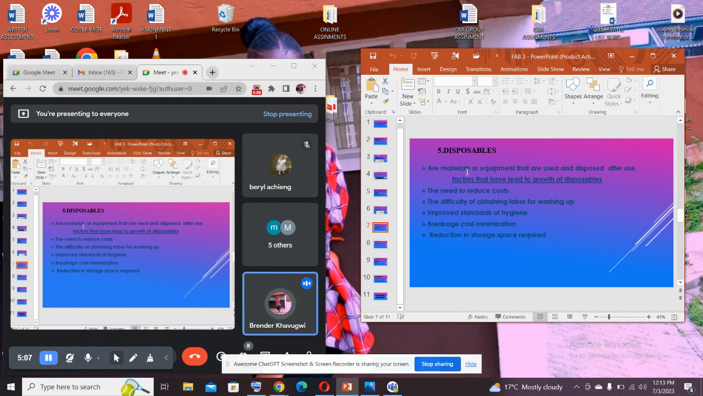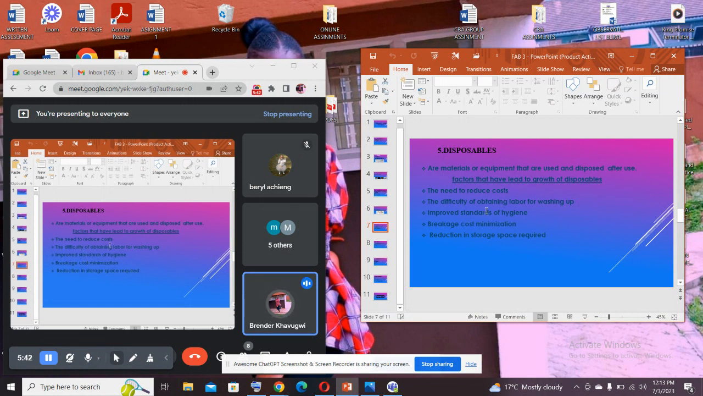We have the disposables. The disposables are materials and equipment that are used and disposed after use. We have the factors that have led to the growth of disposables. These factors include the need to reduce the cost. What do we mean when we say you have the need to reduce the cost? This is whereby the lower cost of production and transportation of disposable items contributes to affordability and